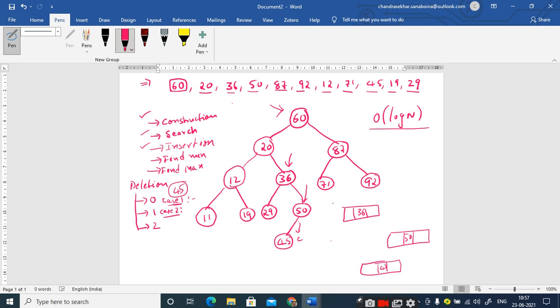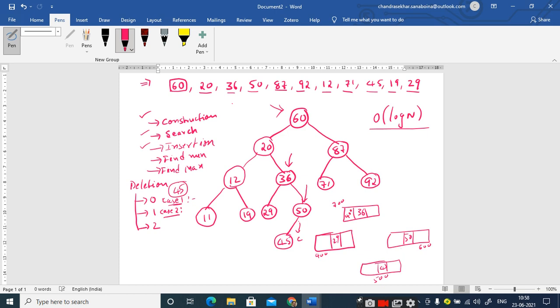Let us assume that this is around 700, this base address is 600, and this is 500. Now tell me what links we have. Let me draw the left child of 36 also. Assume that the base address is 400. So what is the left address of 36? 400, sir.